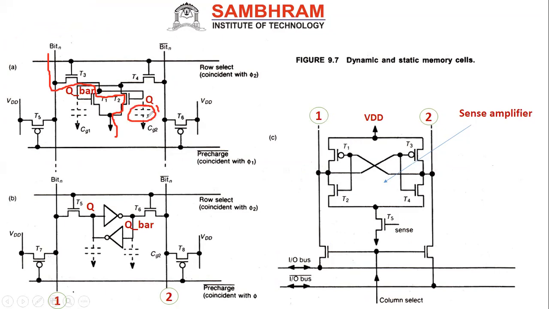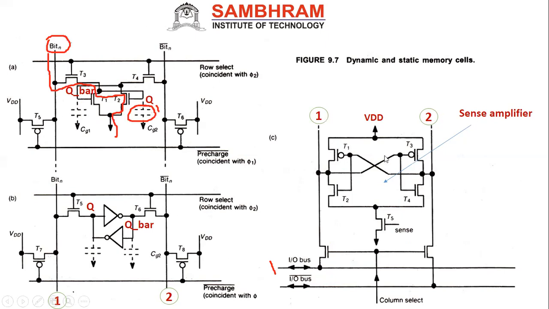It's 1. Now automatically, if it is not selected, what happened? It starts to reduce. If it gets reduced, automatically what will happen? Here the value is 1, so what is my bit line value? Initially, if it is logically 1, this will discharge here actually. Correct. So this will be your bit line. We are going to read the data. As you know, if you are going to read the data, we access the data through the bit lines only. So we are going to access from here only, like this.